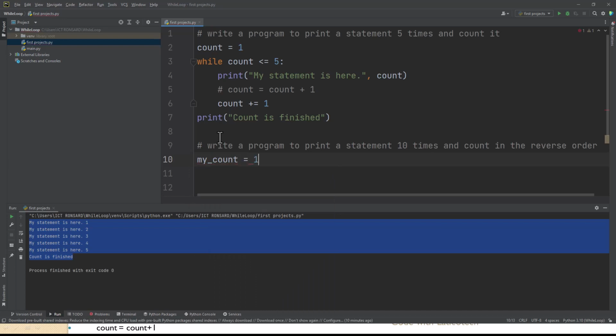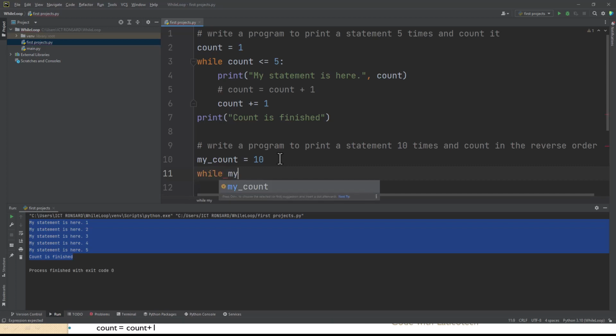In this case we are starting from 10 because we are to descend. We are counting from a higher value to a lower value because we are counting in reverse order. Instead of going from 1 to 10, we are now going from 10 to 1. So we say while my count